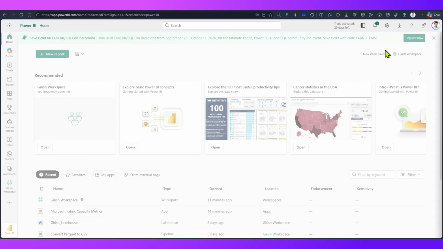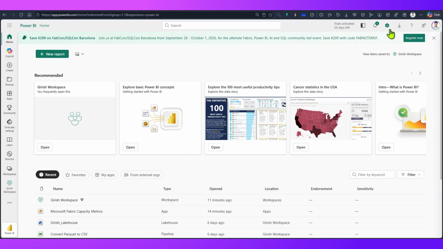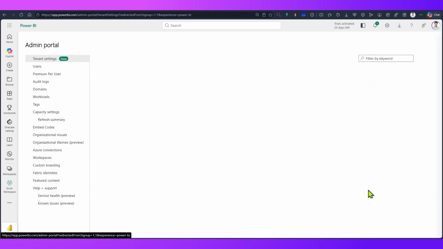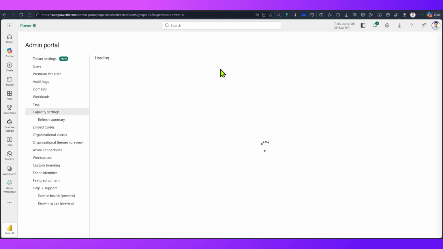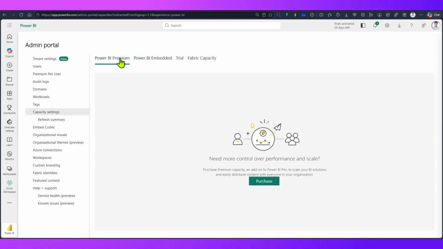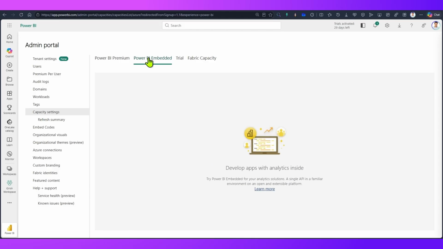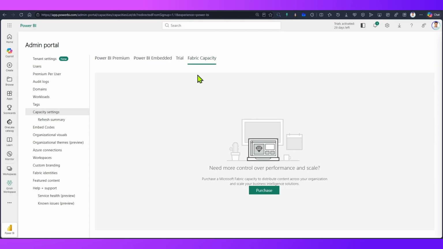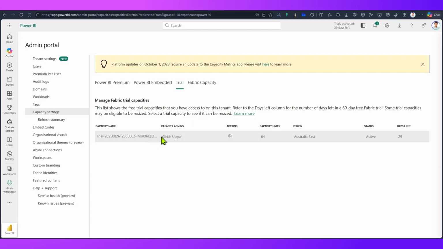All right. So how do we view the capacity? If I click on settings and navigate to the admin portal, under capacity settings, I'll be able to see all the capacity which I have for Power BI or Fabric. Now under capacity settings, there's Power BI Premium, Power BI Embedded, Trial, and Fabric capacity. Under trial, you can see that I already have a trial which is of F64 unit,